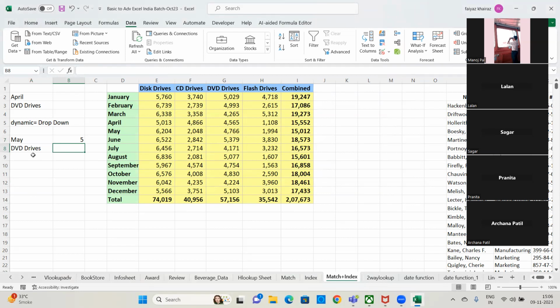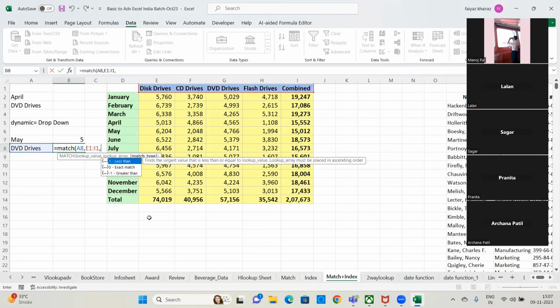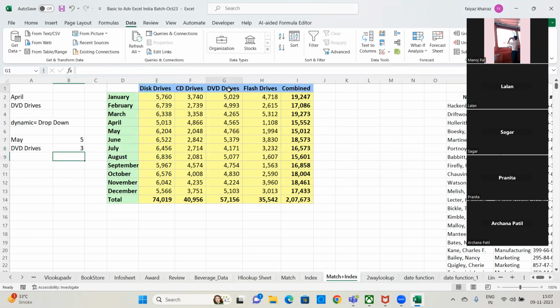Let us go to DVD drives. For DVD drives, we will again use the match function. Is equal to match, open bracket, lookup value, DVD drives, comma, where are we searching? We're searching here, comma, type of match 0, because I'm looking for an exact match, and DVD drives is in